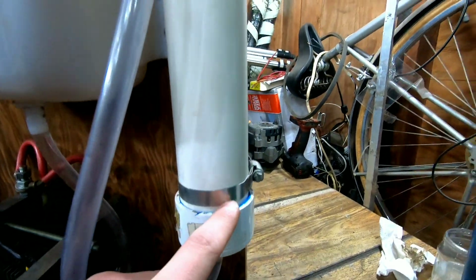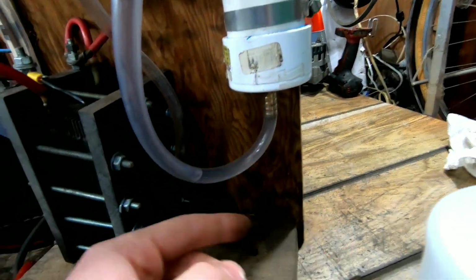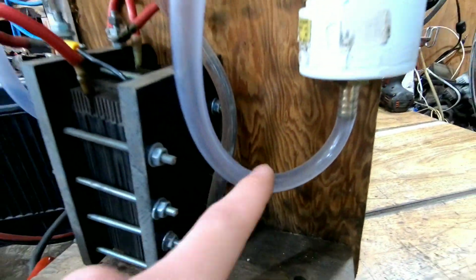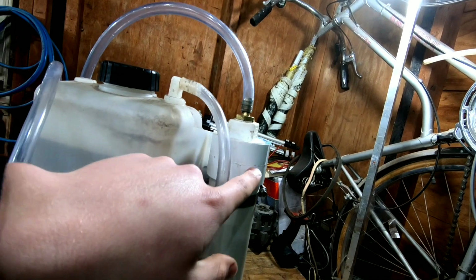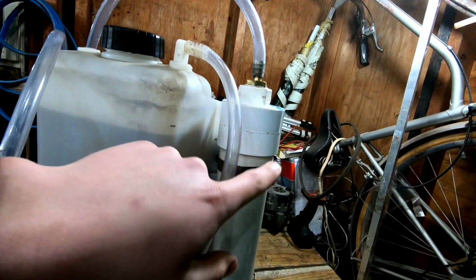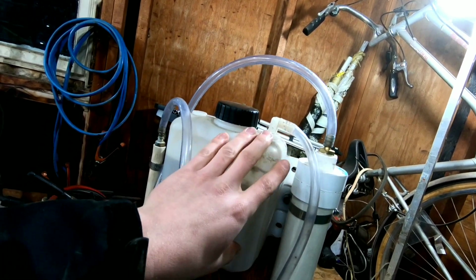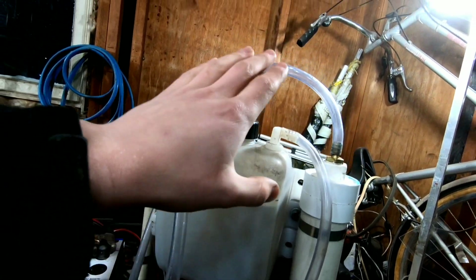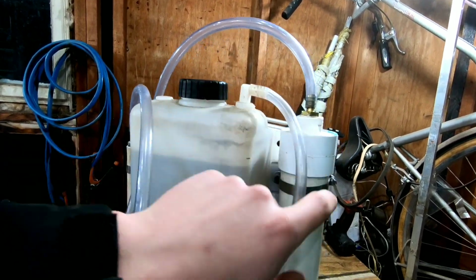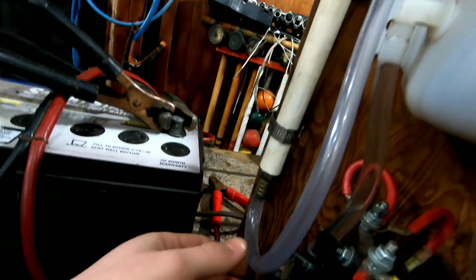And this bubbler right here is just a 2-inch piece of PVC pipe full of water. Then the hydrogen gas, you can see the water level right there, pushes the water up and bubbles through this bubbler. Basically it just cleans it, purifies it, and makes it so no sparks get back into this reservoir in case something happens, because that's a decent amount of hydrogen gas in this reservoir that would be very, very bad if it ever exploded. So it comes out here, and then goes over to here,